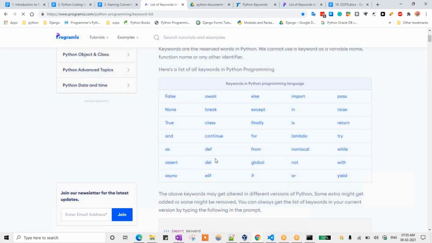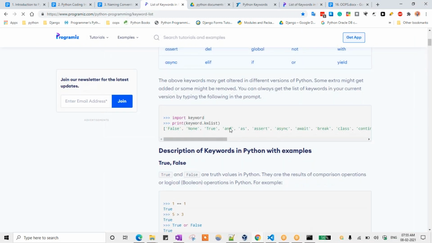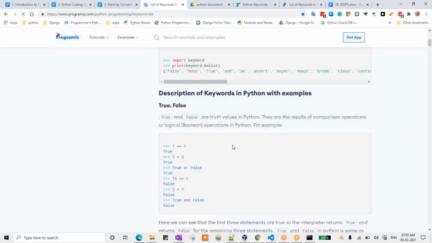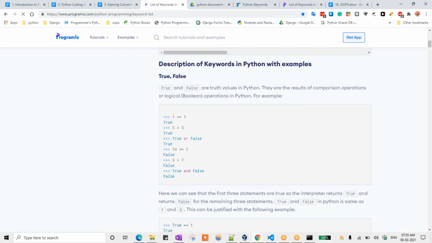So these are the same thing whatever I explained. So we are importing the keyword and then printing that one, right? Description of keywords in Python with examples. So when can we use these, when we are getting True and False and all like that.